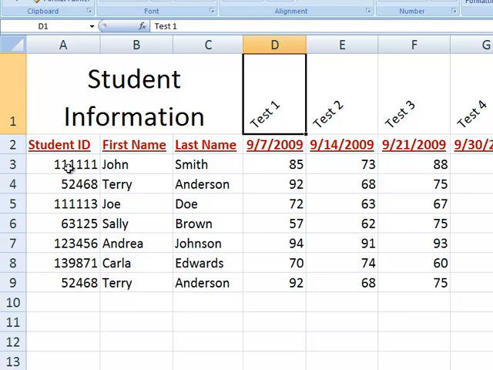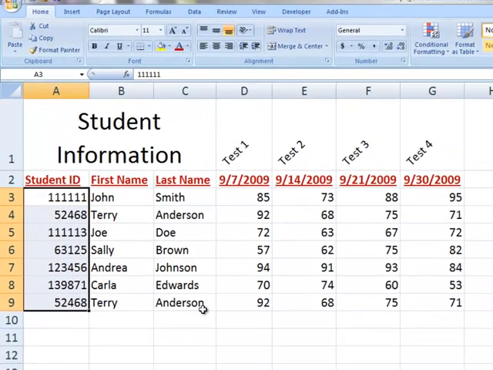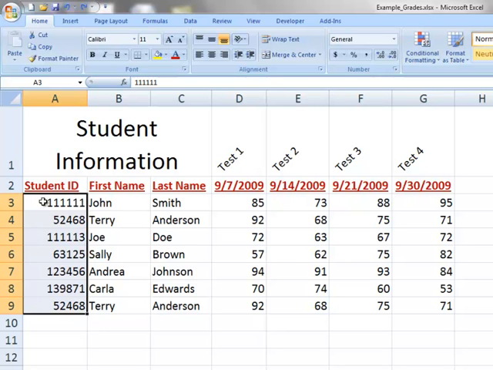We actually want to change the format of the student ID. See, this person's student ID isn't actually 52,468. It has a 0 in front of it because all of our student IDs are 6 digits. We're going to change this column of numbers to be forced to have 6 digits. So highlight from A3 to A9